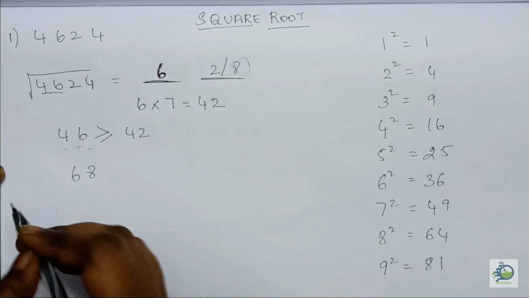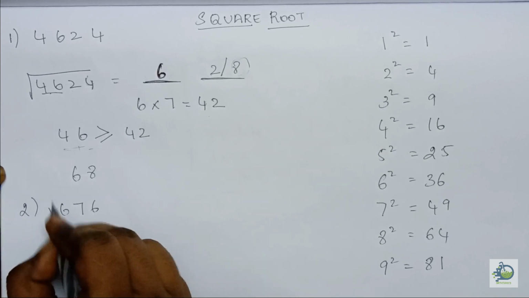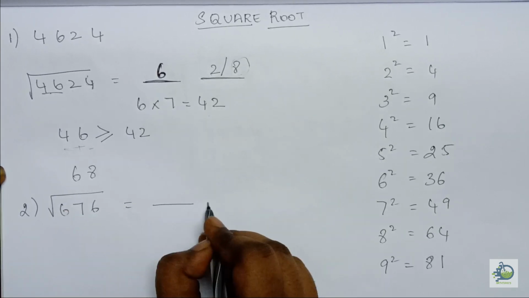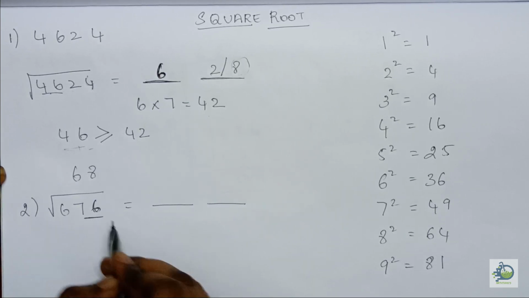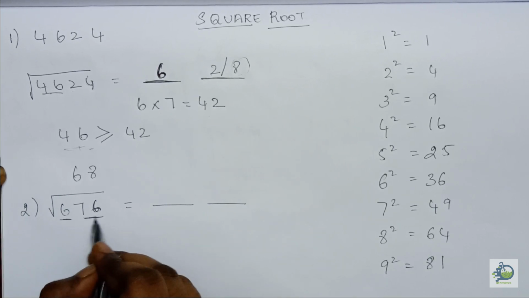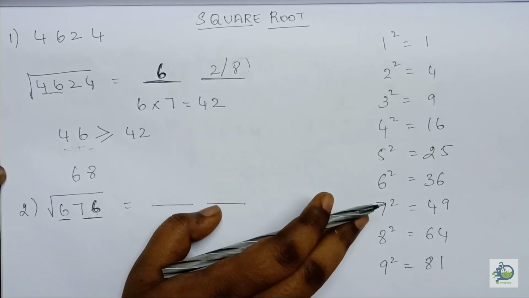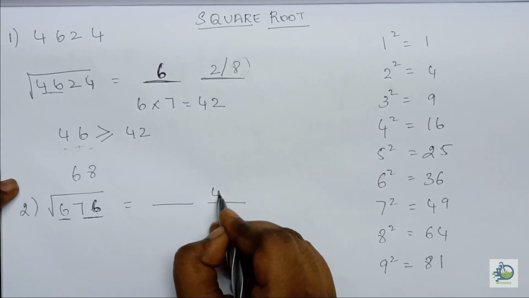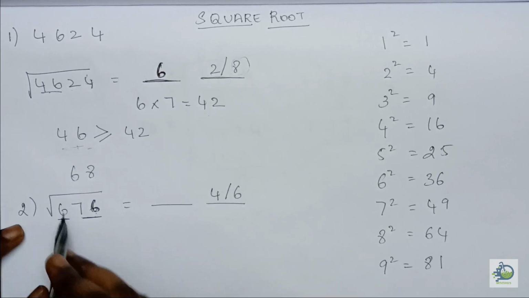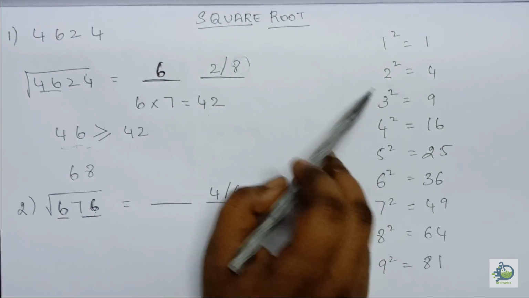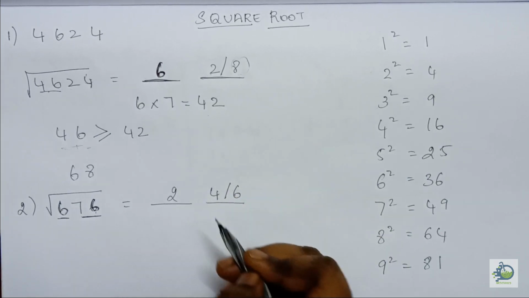Now let's do it for the 3-digit number, 676. Here also, when I take the square root, I will end up with a 2-digit number. Here, since I have 6, I have to take these two numbers and I am left with 6. In 76, the unit place is 6. So here I have to check 4 and 6. So either 4 or 6 can be the answer. For the tens place, here I am with 6. So it must lie somewhere between 2 and 3. The smaller is 2, so I will put 2 here.